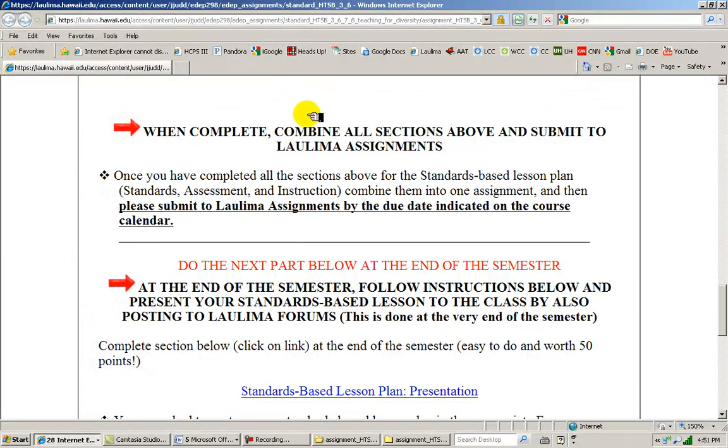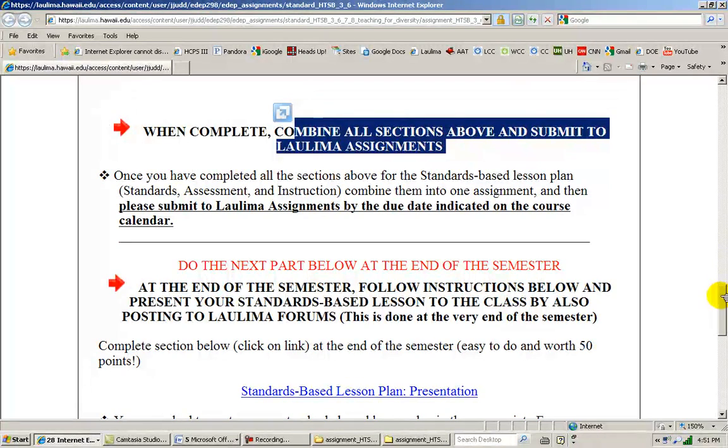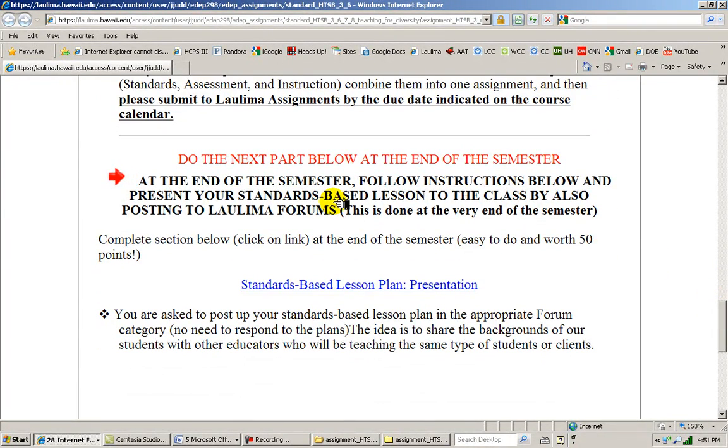And when you're complete, you're going to combine all these sections above and submit to LaLima assignments by the due date on the course calendar. And then at the end of the semester, after we go through all our teaching strategies and we really develop the instructional part of this, you're going to turn in what we call the presentation part, where you're going to have the final artifact